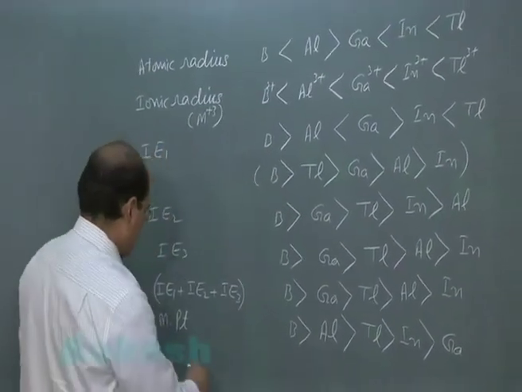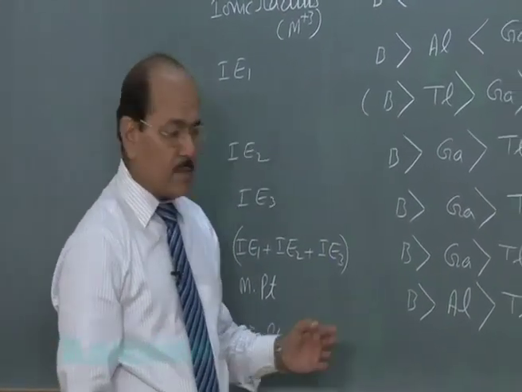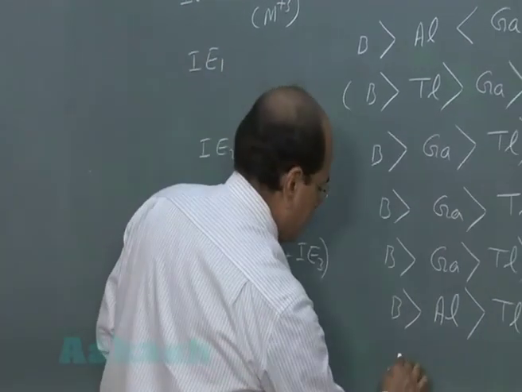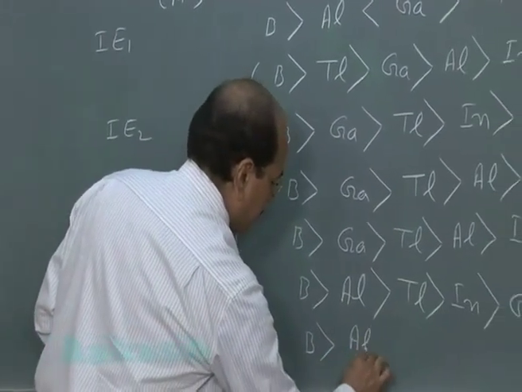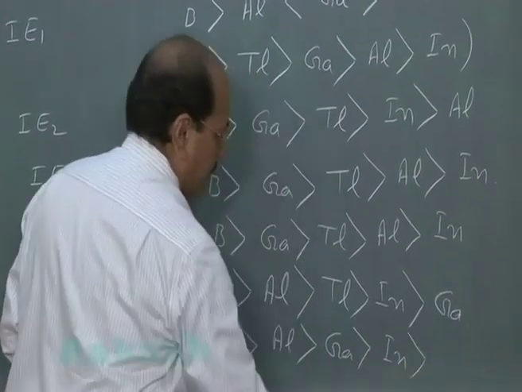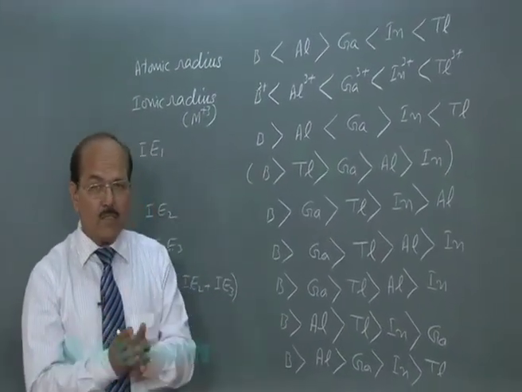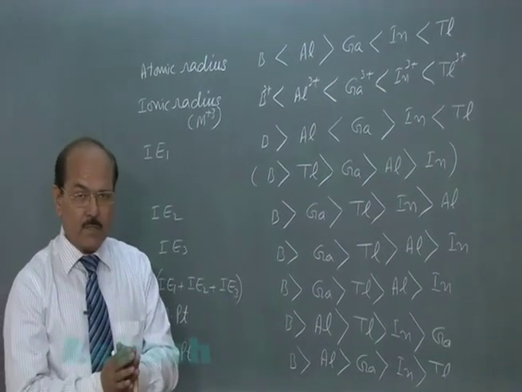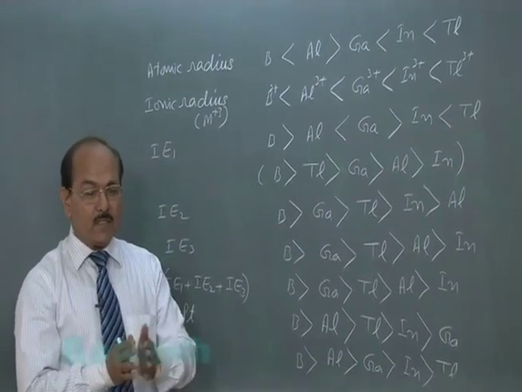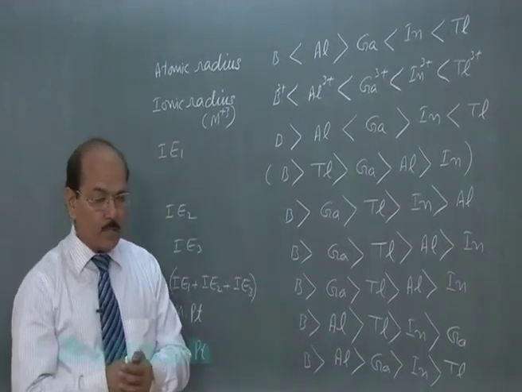Now when we compare the boiling point, the boiling point decreases as we go down the group. That is boron, followed by aluminium, followed by gallium, followed by indium, followed by thallium. The melting point depends on the arrangement of the constituent particles of the solid. The boiling point depends on the interparticle force of attraction in the molten state. That is why there is a difference in the variation of melting point and boiling point.